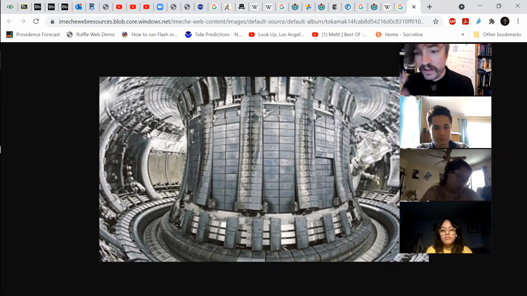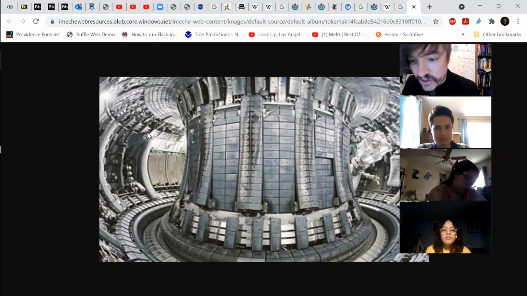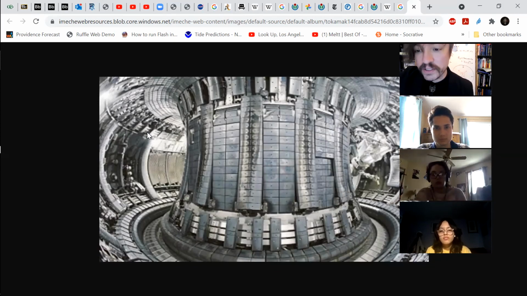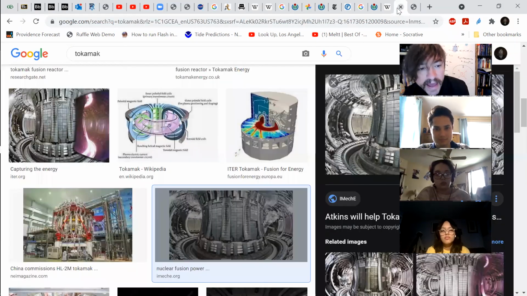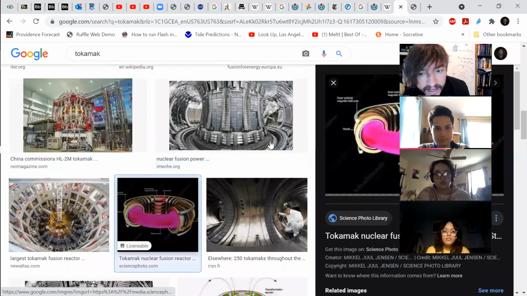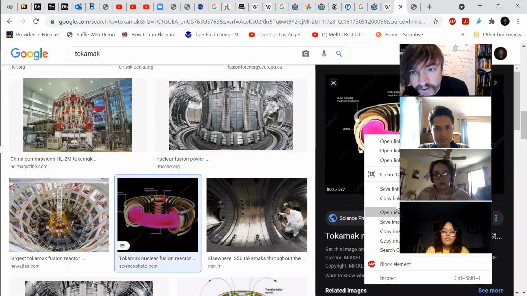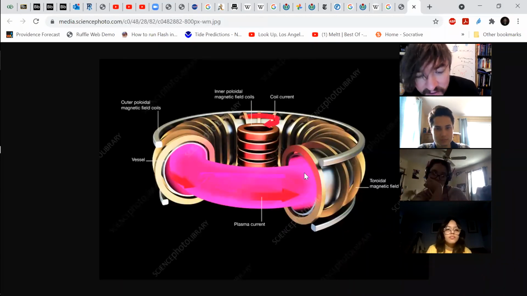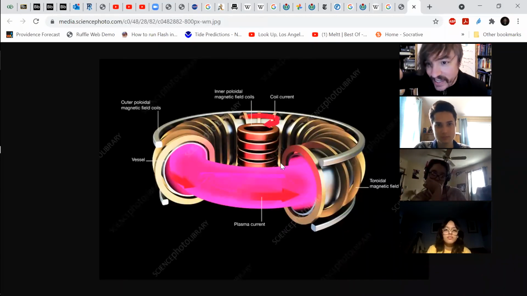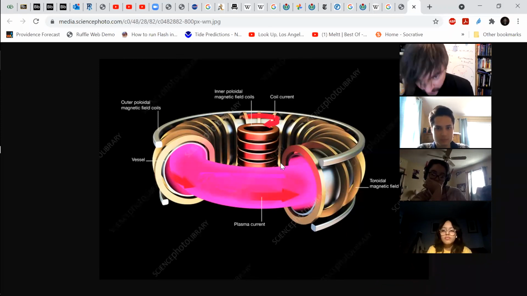You need a magnetic field to confine the plasma, because you can't let the plasma touch the walls of the container, because they're much cooler than 15 million Kelvin. If the plasma touches the walls, they'll cool down and your fusion stops. So you use a hugely powerful magnetic field. This donut is basically a huge solenoid, and the huge solenoid is basically trying to trap the plasma in it. But tiny inhomogeneities in the magnetic field would allow plasma to leak out to the walls